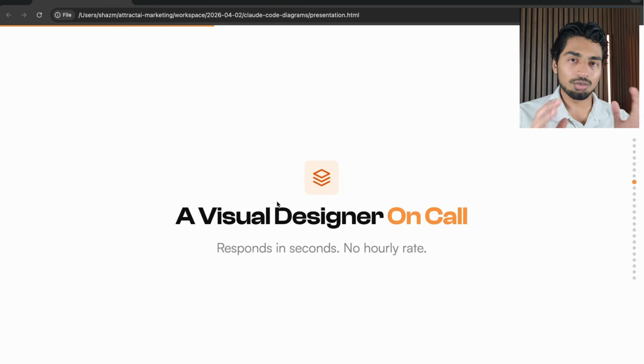It's instant. Now, I will say this before we dive into the setup right now. You have to have good information in your actual Claude to make this happen, right? A good diagram is only as good as the text it's creating a diagram on, right? So if your Claude Code is not set up correctly, if your Claude is not configured correctly, make sure you